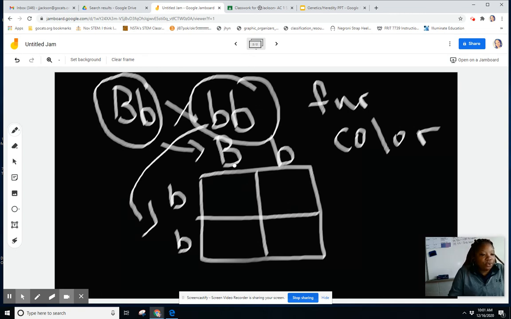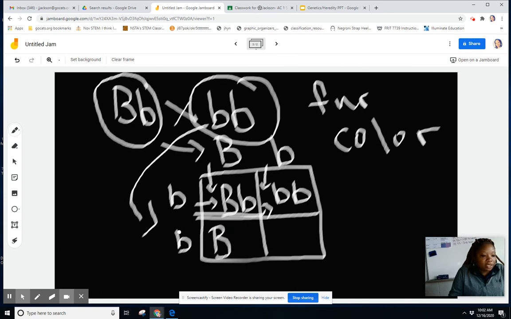So now what we're going to do is we drop from the top, slide from the side every time. So we're going to drop from the top. So big B, slide from the side, little b. Okay? In this square, we're going to drop from the top, and then we're going to slide from the side. Okay? So we're going to drop from the top, so that's going to be little b, slide from the side, little b. Right here, we're going to drop from the top, big B, and we're going to slide from the side,